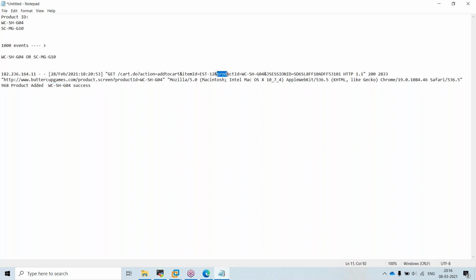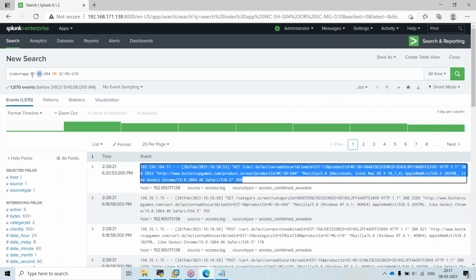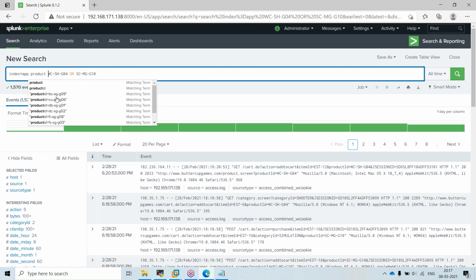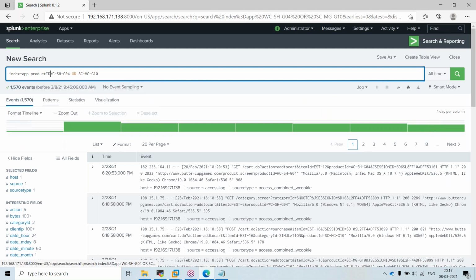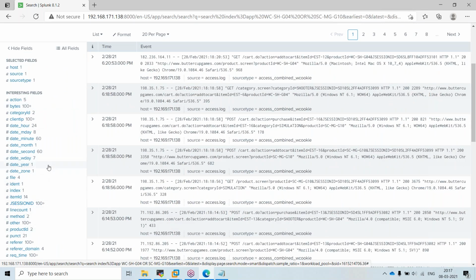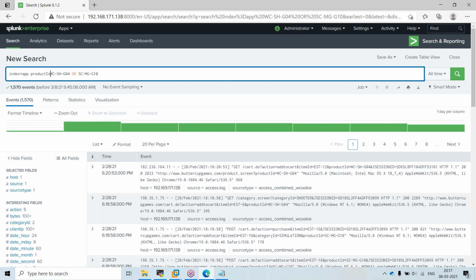So in order to make this product ID equal to, if my pattern is I want to search only this product ID which is equal to this one, irrespective of whether the string is displayed in the event, I am not bothered. So I have to give something like product ID here. I have to give something like this.